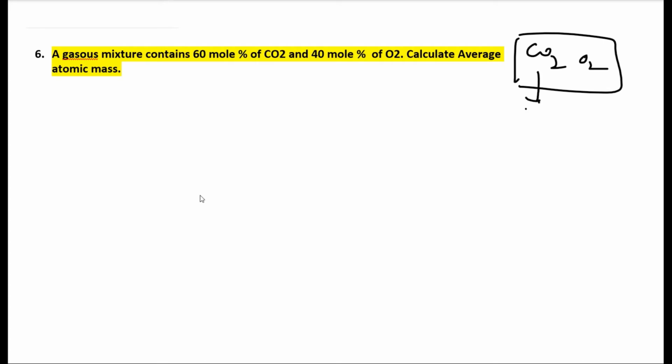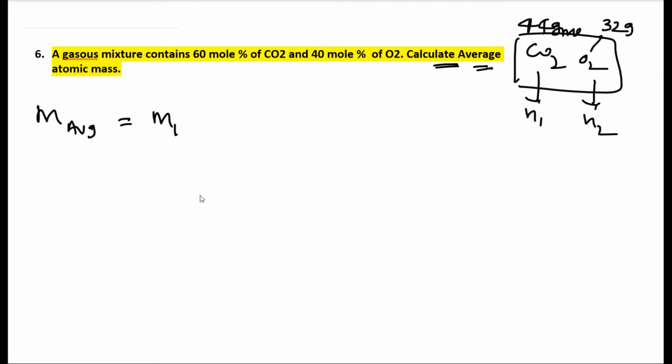Then one formula is there. In today's session only I told, average molecular mass. When the number of moles is given, then what is the formula? M1, the molecular mass of the first one, is 44 grams. Please closely observe. You have to calculate average atomic mass. This is 44 grams and this is 32 grams. So this is (M1 N1 + M2 N2) by (N1 + N2). This is the formula you know already. In today's session only I told.